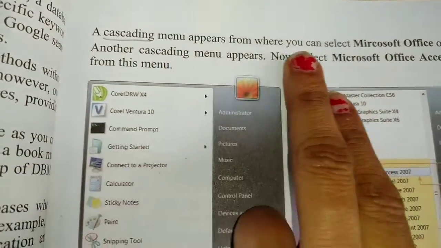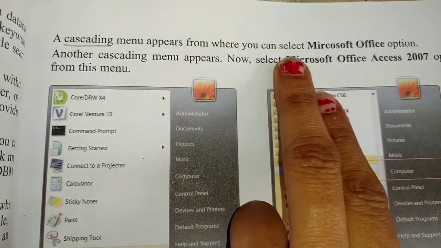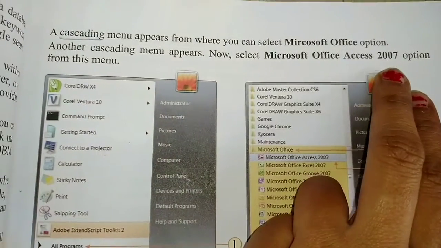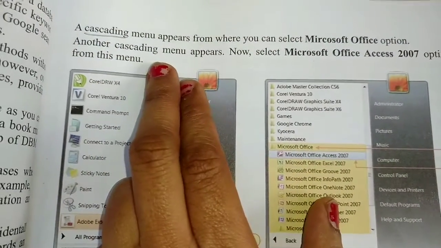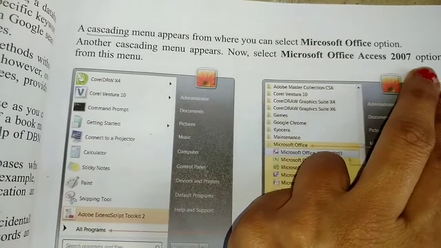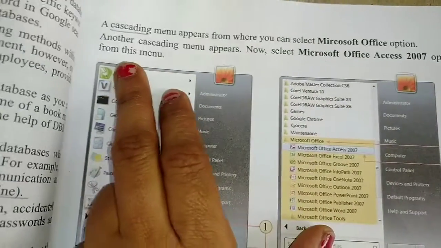A cascading menu appears from where you can select the Microsoft Office option. Another cascading menu appears. Now select the Microsoft Office Access 2007 option from this menu.